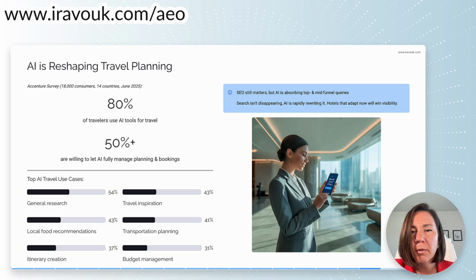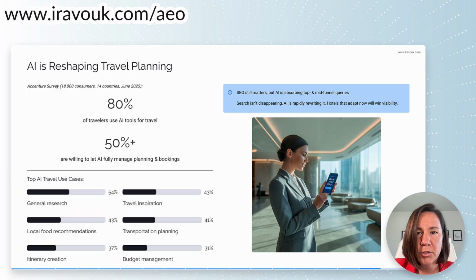The top use cases among AI users include general search, for 54% of respondents, travel inspiration, 43%, local food recommendations, transportation planning, itinerary creation, budget management, and even packing assistance. Once users land on a travel site, Adobe Analytics data shows a 45% lower bounce rate among consumers coming from a Gen AI source, showing a more informed and engaged consumer.